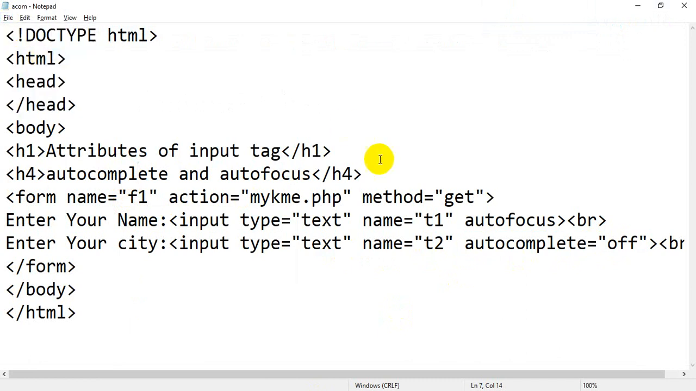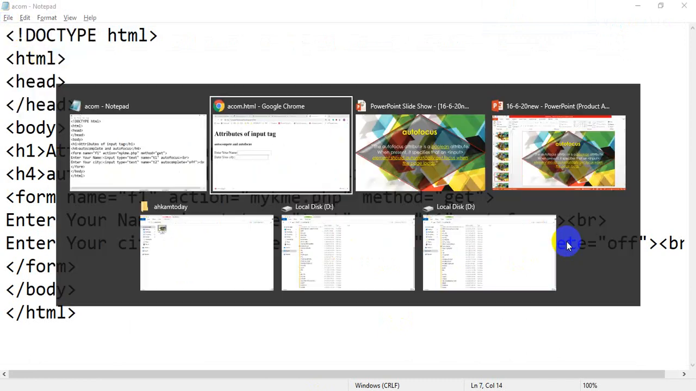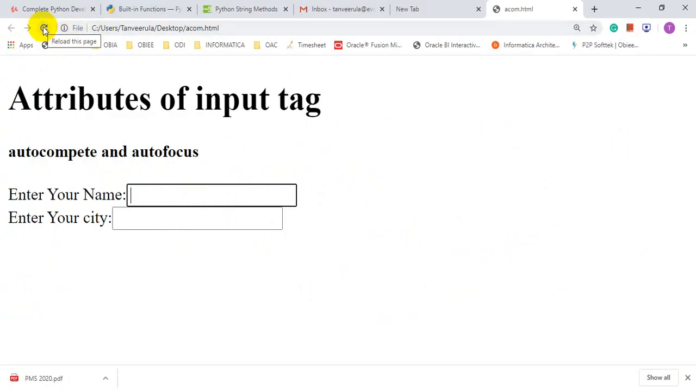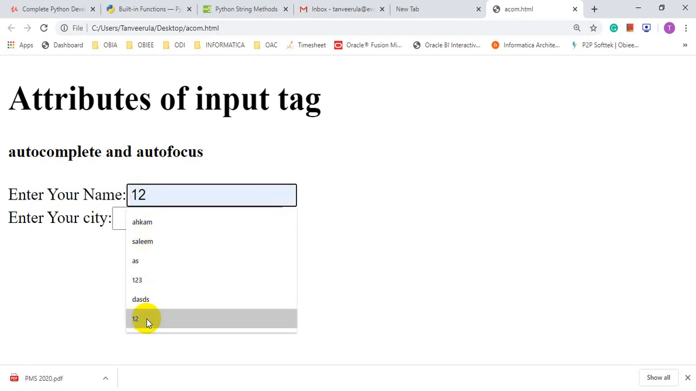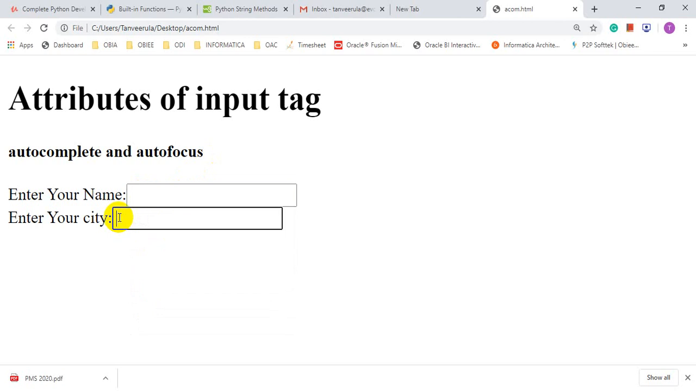Just see the change. Flip back to your browser, refresh the file. Okay, see, when I click on the second text box, I'm just pressing the button, but I did not get any text which I have earlier used. But when I click on the first text box, I'm getting n number of the values which I have used. Why? Because in the first text box I am not using any autocomplete attribute, but in the second text box I have used